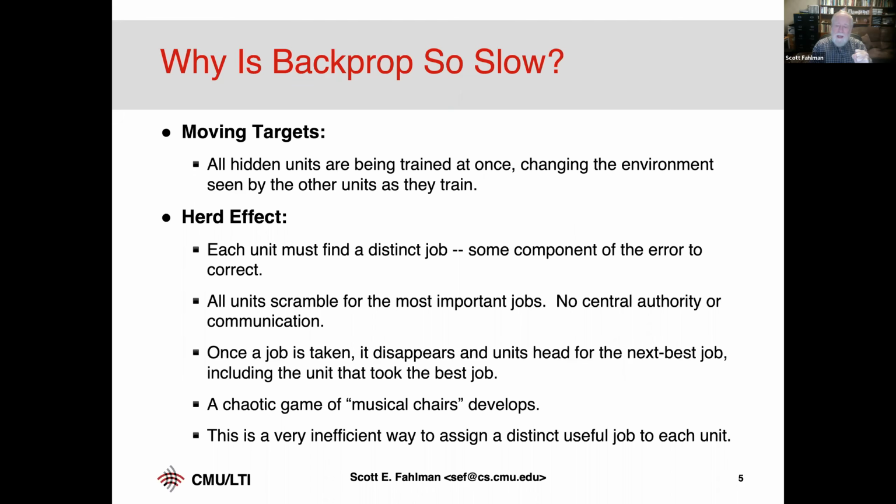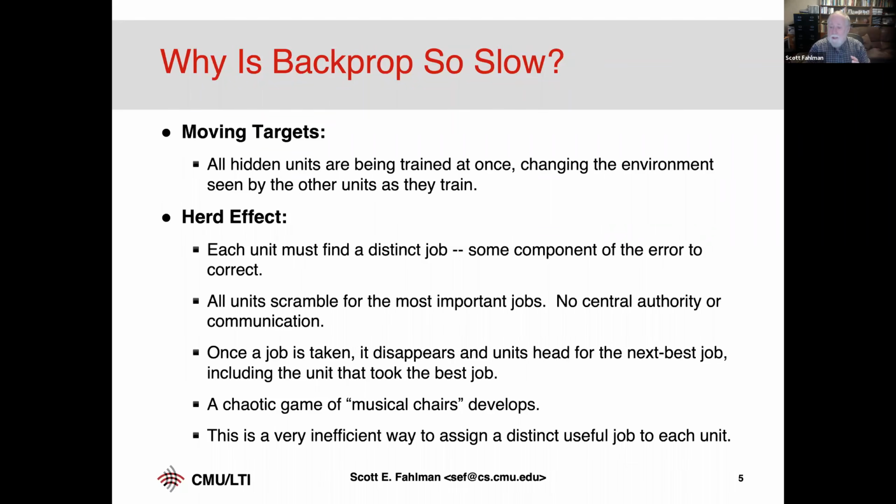And the problem is that includes the unit that actually nailed the first part of the problem. So now it lets go of what it was doing, and they all go off. And then the first unit says, oh, wait, I got to go back. And no, but there's more to solve, and units get very confused. And eventually all the initial randomness washes out of the network, and they're running around in a pretty tight pack. You no longer have a lot of variability among the hidden units. So I call this the herd effect. It's like animals gathering into a herd for mutual protection, but they're not getting a lot of diverse jobs done.